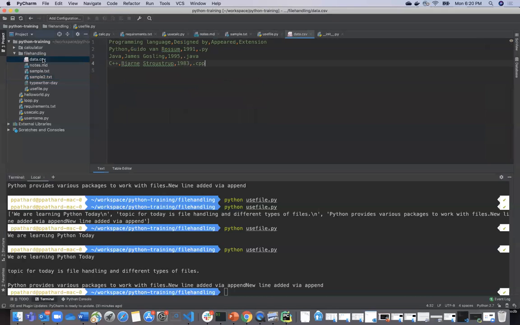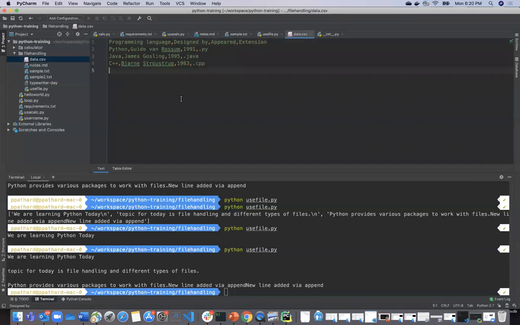CSV stands for comma separated values, and all the values that you see here are separated by a delimiter called a comma. If you open this in an Excel sheet, it will show you all these values as rows and columns. Here the first row contains four columns: the programming language, who designed it, when it appeared, and the extension of the files being used.